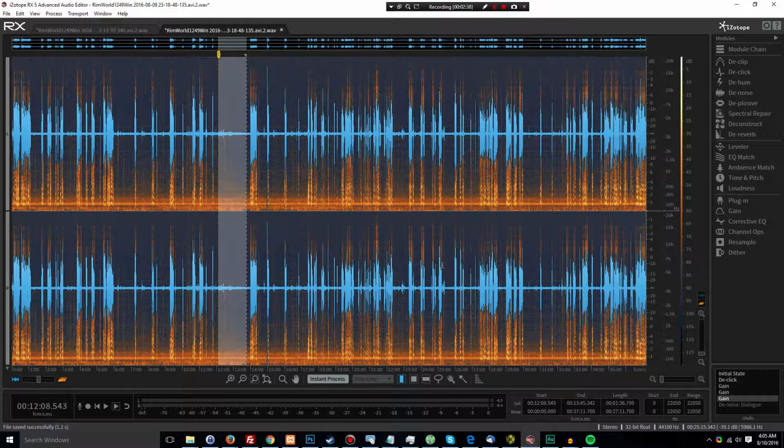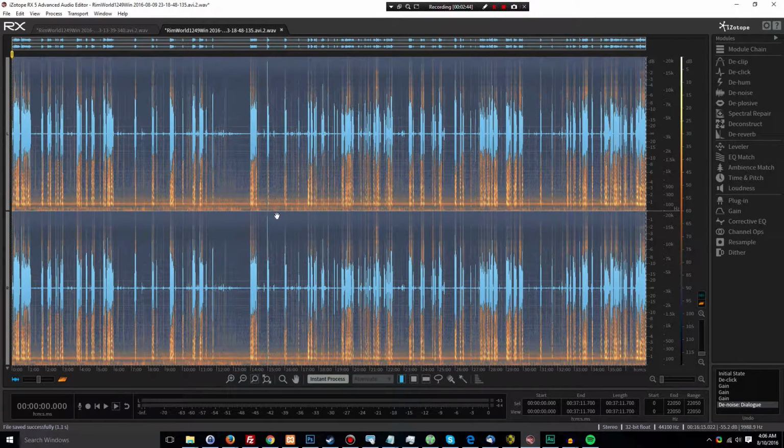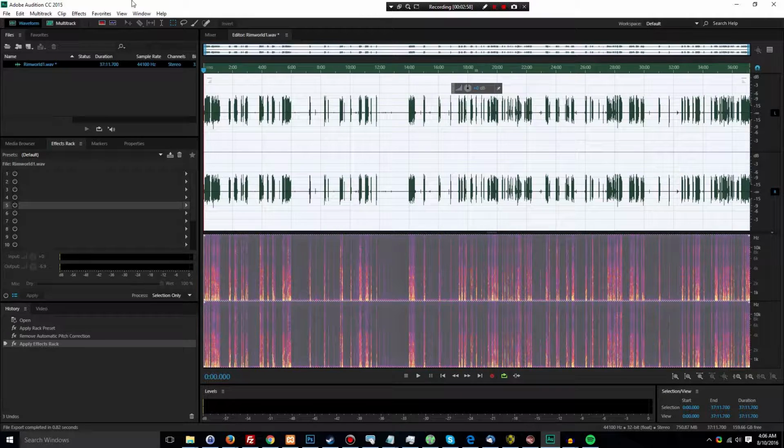And then I apply the noise plugin, and I'm just going to repeat what I did there. As you can see, it really shrunk the amount of sound on those quiet parts down quite a bit. So after I'm done in here, that's pretty much all I use Isotope RX5 for. I will then save the file and move it over to Adobe Audition, which is a part of the Adobe